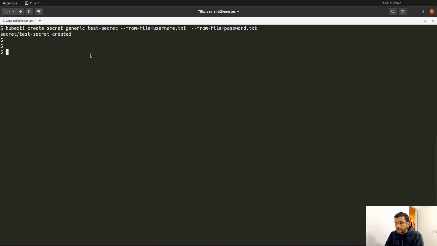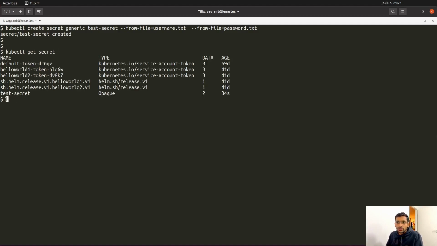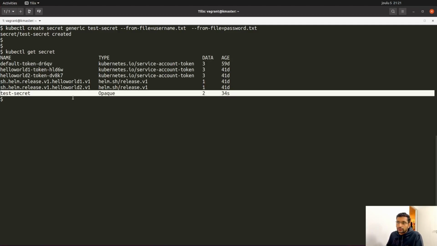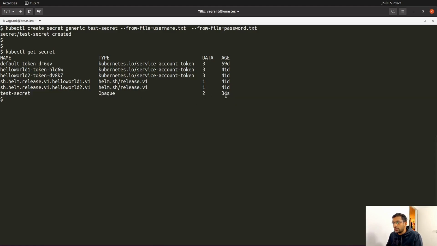And now you can verify the secret by running the command kubectl get secret. And here you can see the test secrets which we have created 34 seconds ago. So that means our secret has been created successfully. Let's delete this secret from here. After creating it, kubectl delete secret and the name of the secret, that is test secrets. So I can just simply type here